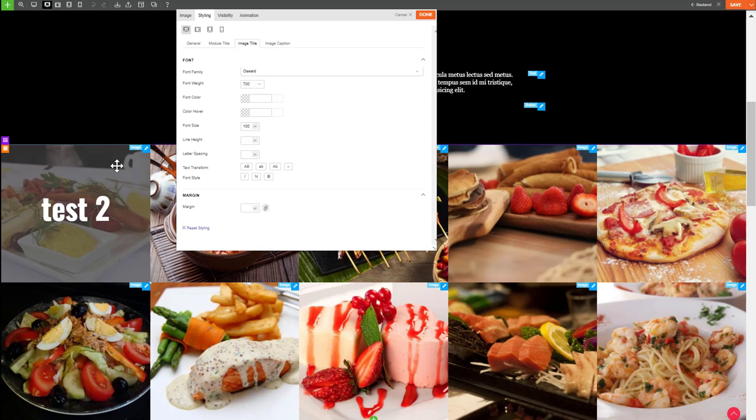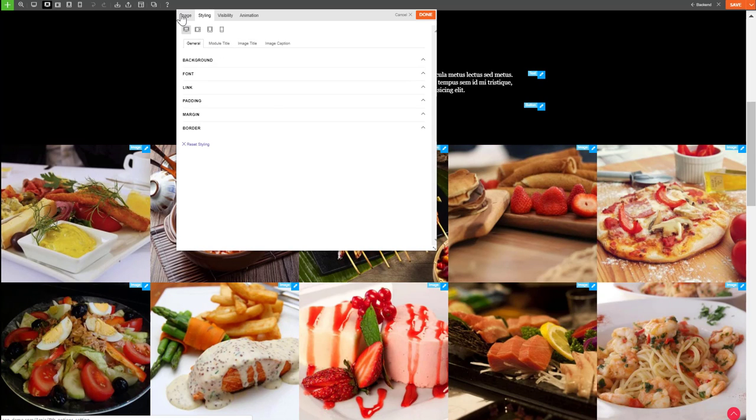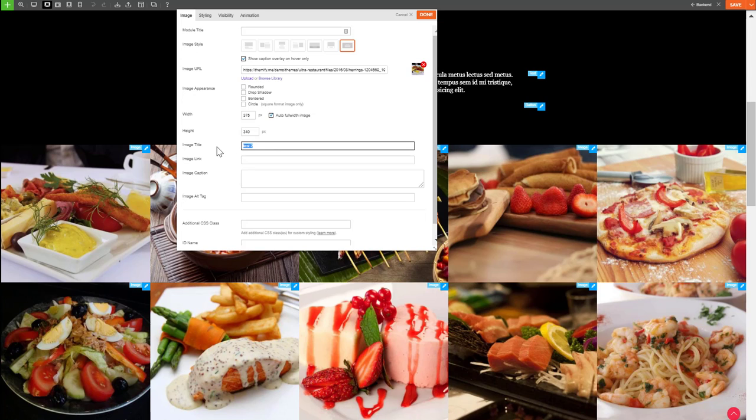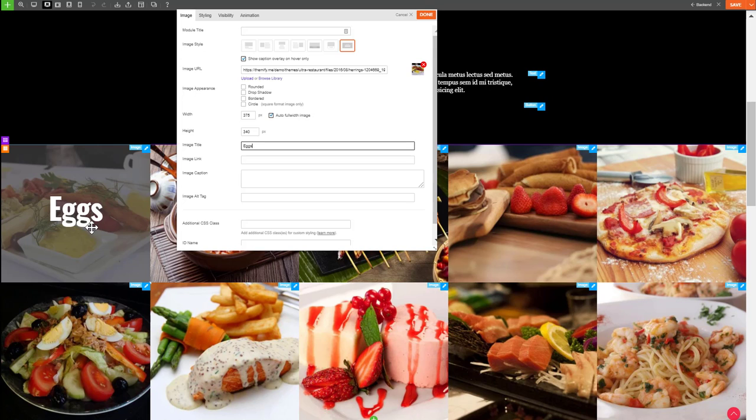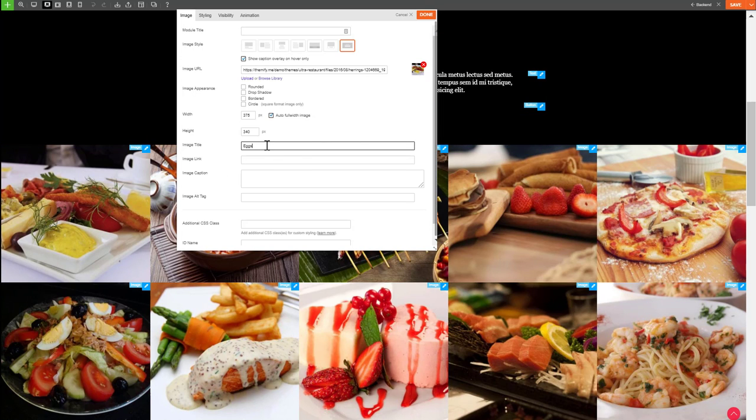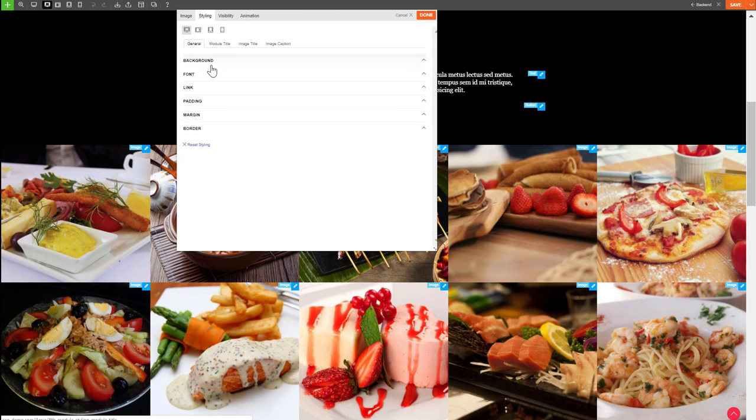And let's see what we got here. So let's just change this to something a little bit more descriptive, as if you were doing this. We'll just call it eggs. Super simple. You can change all of the overlay options